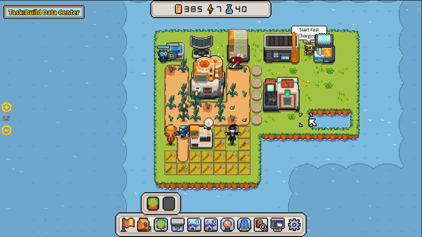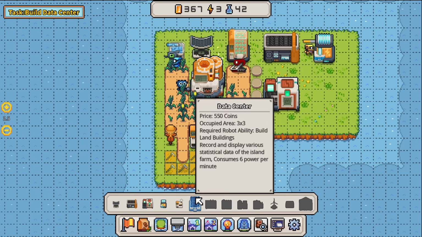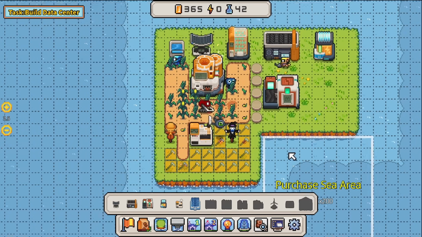I don't want to worry too much about bridges and things like that, but that's just the land that the data center would go on. What else is it going to take off me? 550 coins, but takes 6 power per minute. Oh, I see. So I'm going to need to build myself a bit more of a...